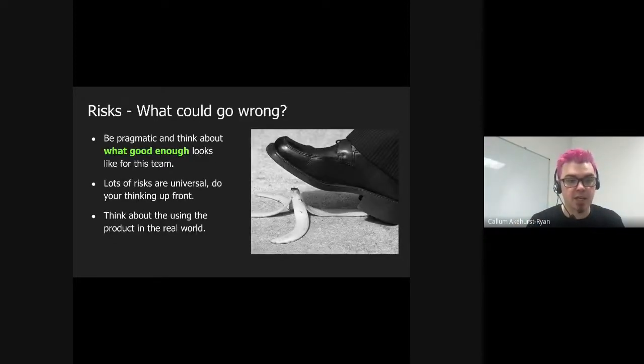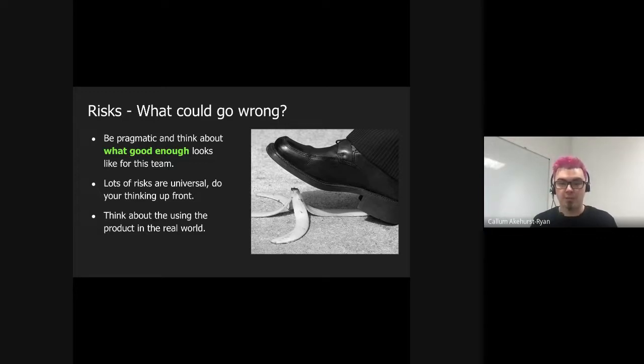And also as a tester, we want to be able to talk about what could go wrong. And we've talked about that a lot, like, where could the errors live? How could this fail over? But within that, we need to be pragmatic. Testing is infinite, especially exploratory testing, which is what this effectively is. So we're going to come up with so many risks, but we need to focus on the ones that actually